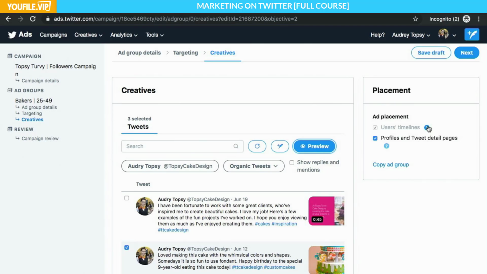To the right, I'm going to notice the placement. So the placement is going to be in users' timelines. So that means that these promoted tweets are going to show up in the home timeline of the specific people that we are targeting. It's also going to show up in the profile and tweet detail pages. So when people visit profiles and tweet detail pages on Twitter that are relevant, this is where my advertisement will show up as well. I'm going to go ahead and select next, and that's going to bring us to our